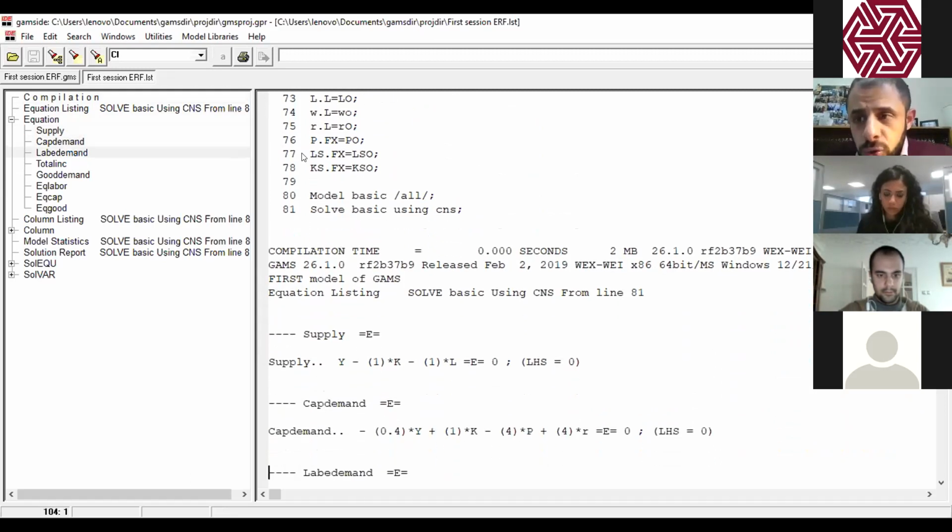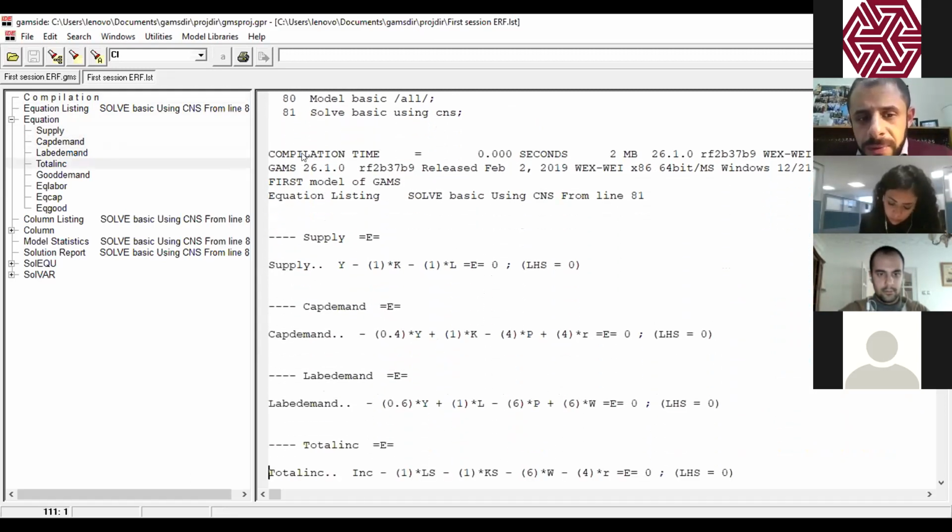What GAMS does, as I said, is put everything on the left-hand side. So if I have Y is equal to A K^alpha L^(1-alpha), then it will be written Y minus A K^alpha L^(1-alpha), which is equal to 0.